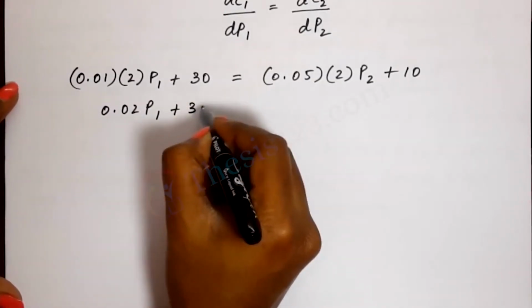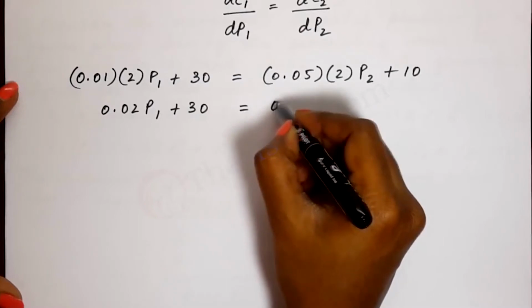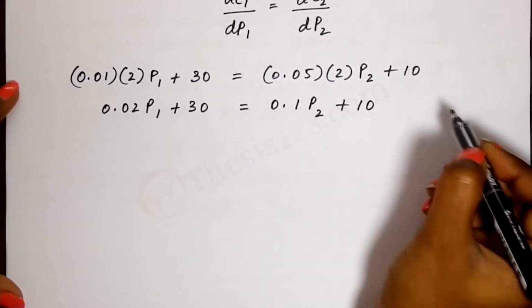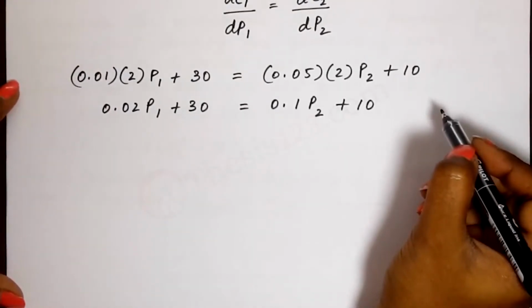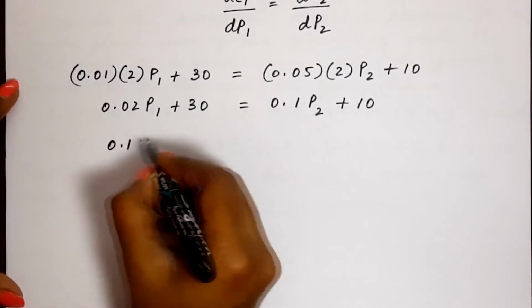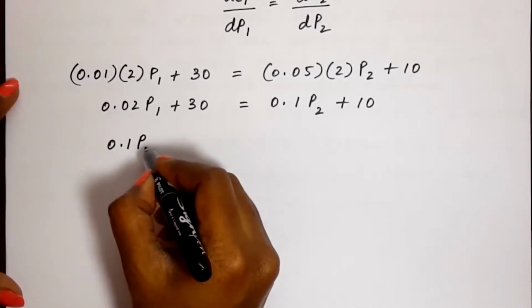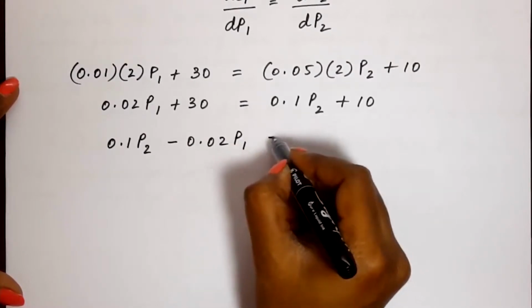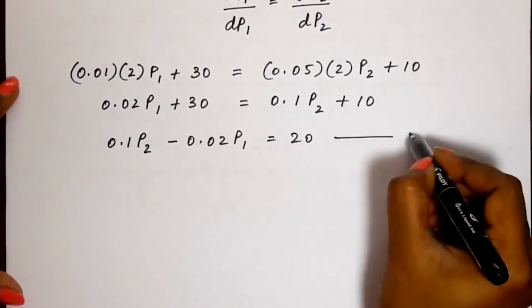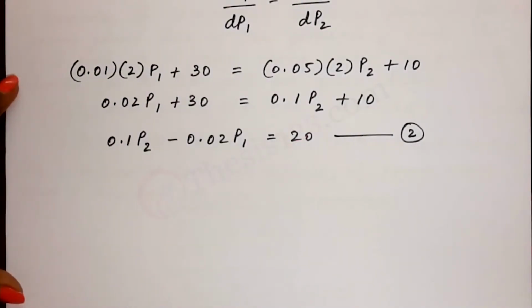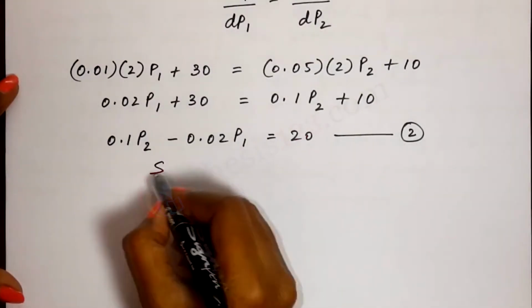0.02 P1 plus 30 is equal to 0.1 P2 plus 10. So let's bring P1 and P2 on the same side. We would write this as 0.1 P2 minus 0.02 P1 is equal to 20. Let's call this equation 2. Now we have equation 1 and 2 in terms of P1 and P2. So if we